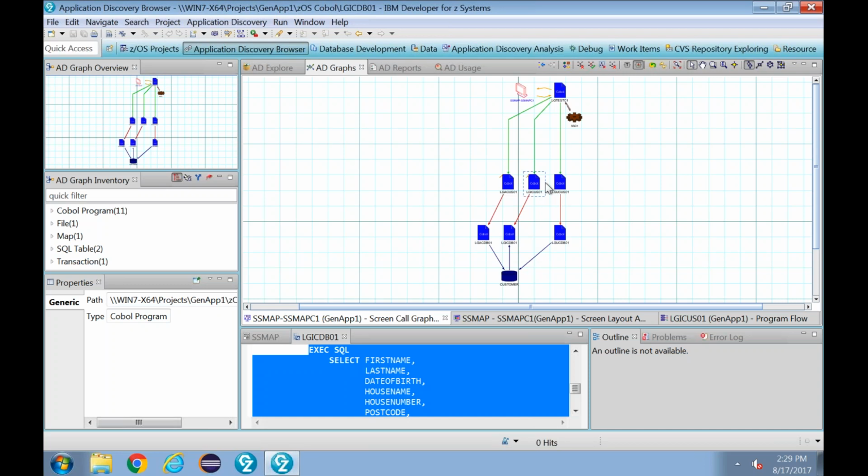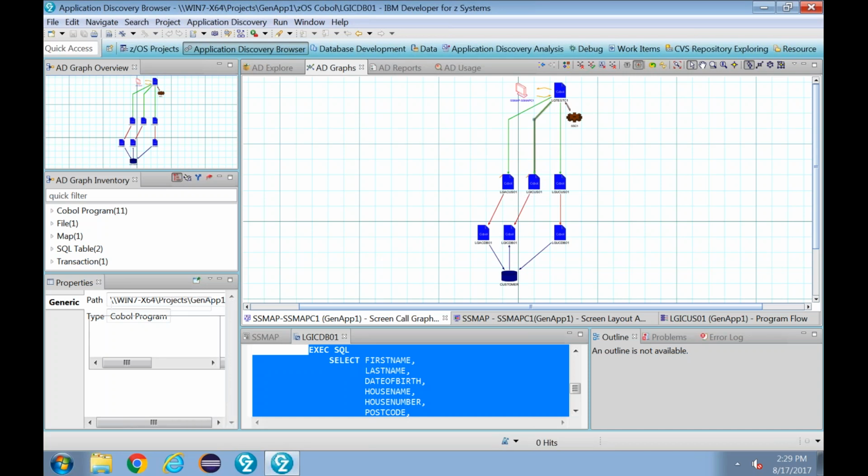So if there is a program, let us say LGICUS01, which does some additional logic in addition to just fetching the tables from the database, then you would need to expose that as an API, because it makes more sense to expose a program that has enough business logic in it, right? So at this point now, Joe can identify that it is LGICUS01 that can be exposed as an API. So lastly, now to expose it as an API, he will also need to identify what is the copybook or the interfacing structure that can be used.